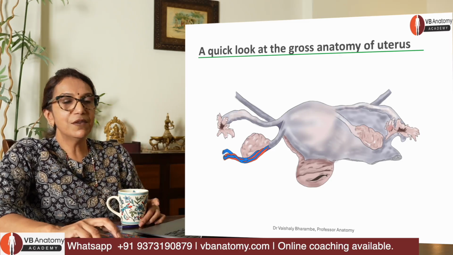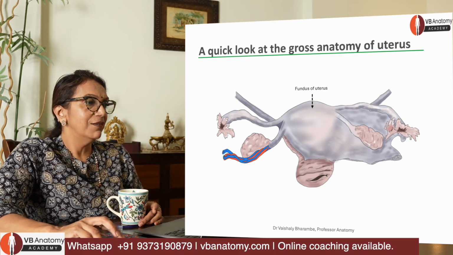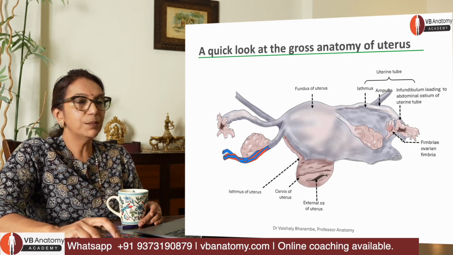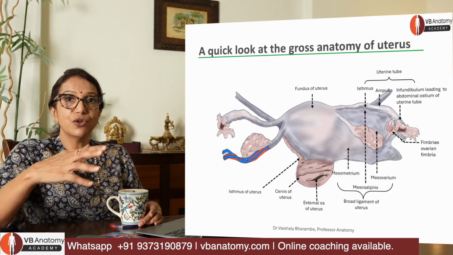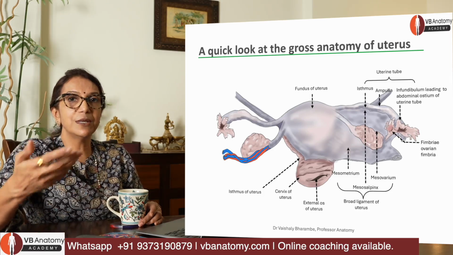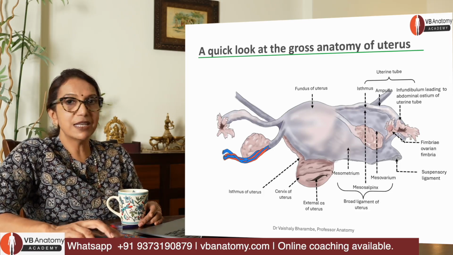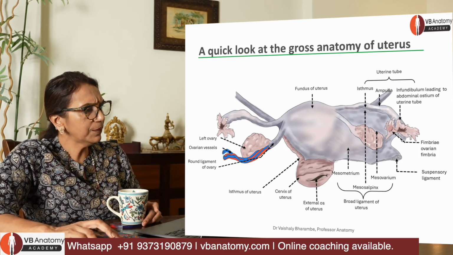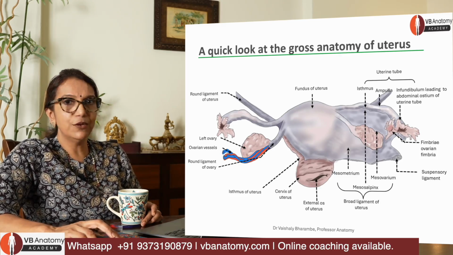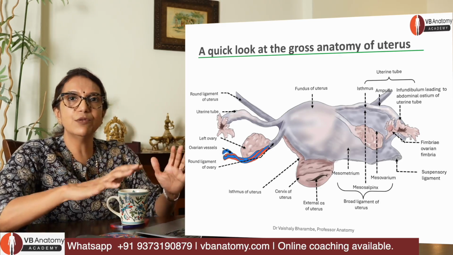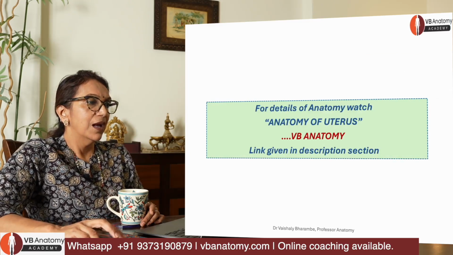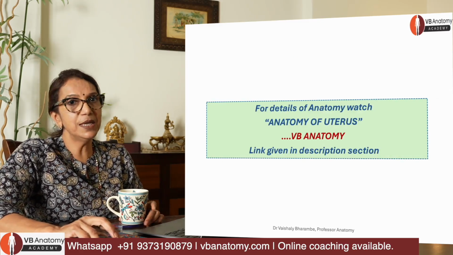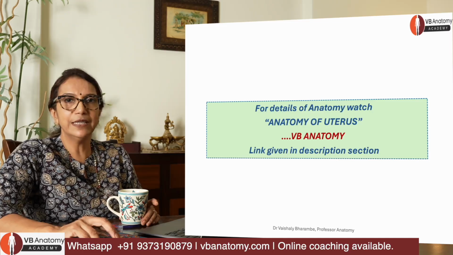So one quick brief revision of what we've learnt up till now. This is the fundus, this is the isthmus and the cervix, external os. We learnt about the fallopian tube, the parts of broad ligament, mesometrium, mesovarium, mesosalpinx. Then we learnt about the suspensory ligament. Here in the image you can see how blood vessels are entering in through it. This is the round ligament of ovary and uterus, and that's it. So just this is what we've covered. For further details of anatomy of uterus, of course, please see the separate lecture which has been uploaded for further details.